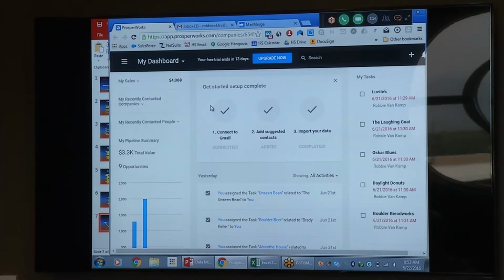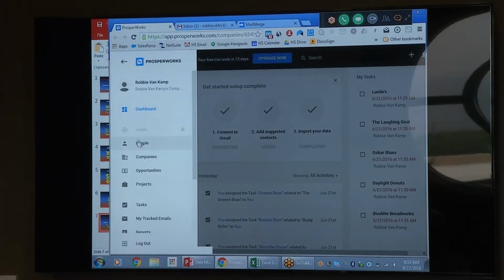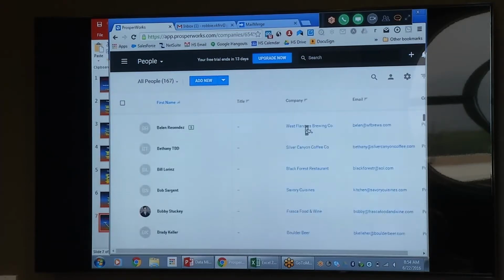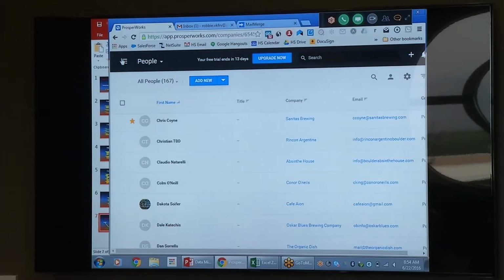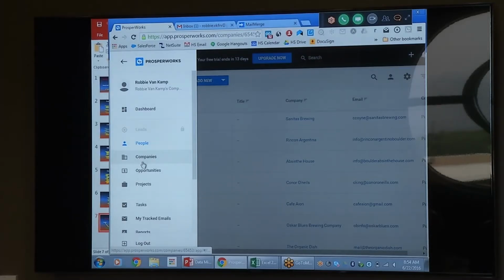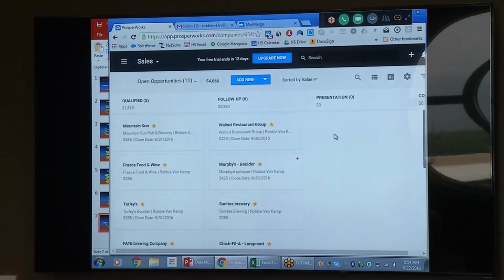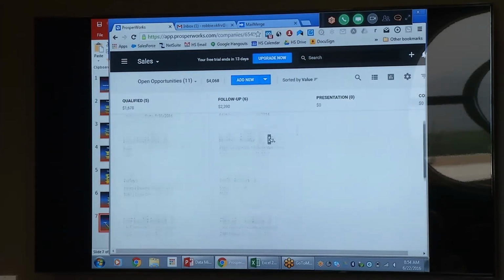So now what I did, I looked at some free CRMs on the Chrome App Store. I was checking a few out. I looked at Rocket Bolt. I looked at ProsperWorks. I like ProsperWorks a little better. So I've uploaded most of the people into ProsperWorks, right? Now here are my contacts, the companies, all that stuff. And then I've created opportunities based on who I need to follow up with, who I've qualified, whatever. These are all the people that are interested right now,